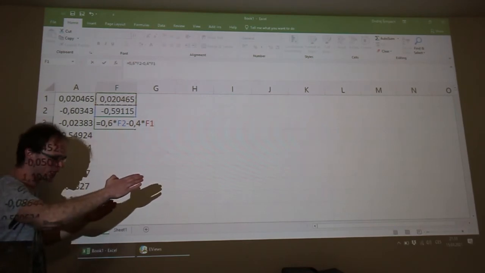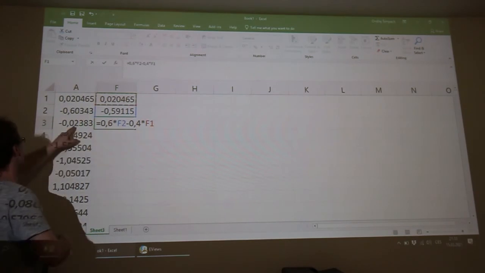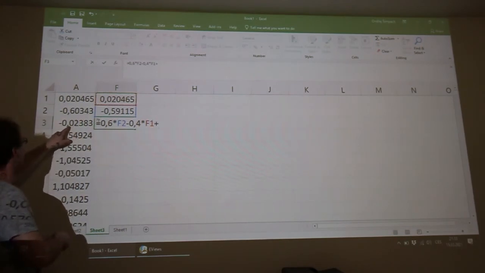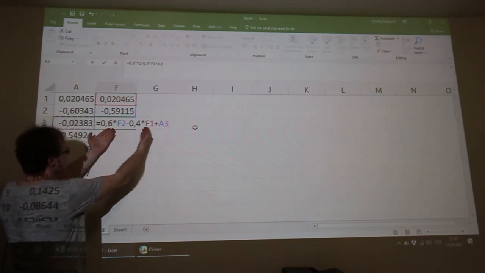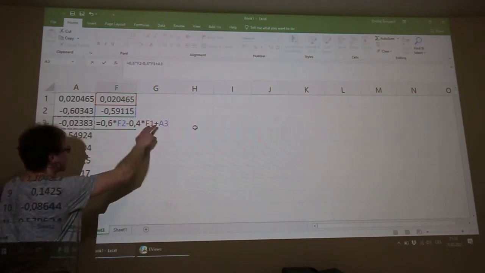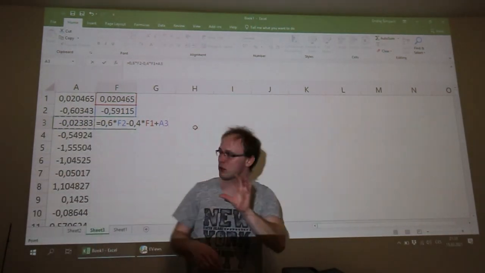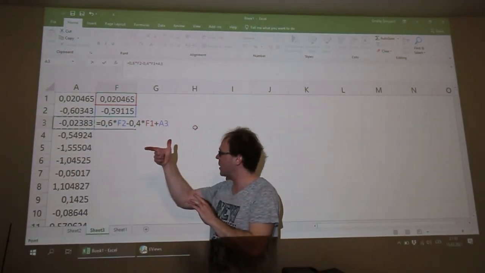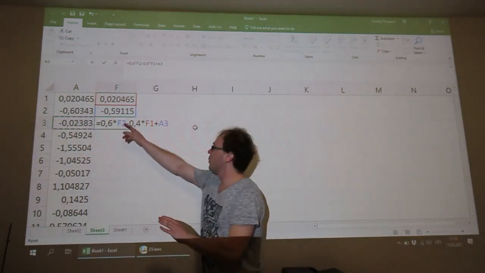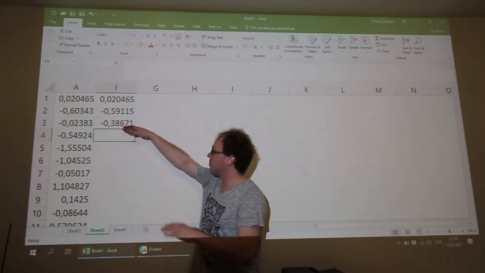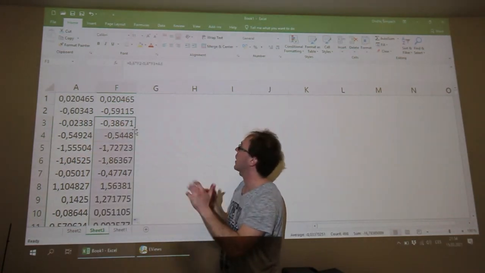So this is x in time t minus 2, plus the value of white noise on the row where I'm placed. And finally, this is the formula of autoregressive process of the second order with two parameters, phi1 and phi2. We can use enter, and this can be copied to the end.